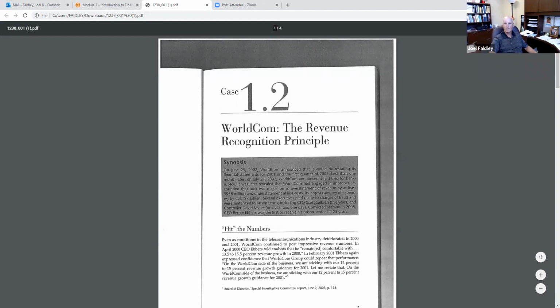It's about WorldCom, the revenue recognition principle. You can read that synopsis there. It's going back almost 18 years, well, more than 18 years ago now. A lot of issues back during the dot-com bubble that burst. Of course, most of you were probably really young then, and what had happened in the build up